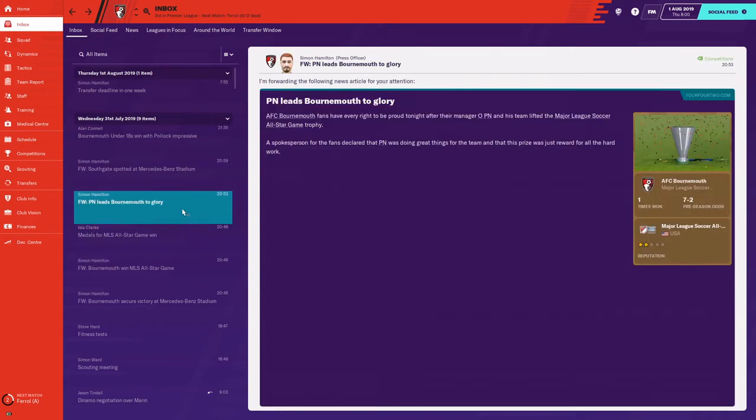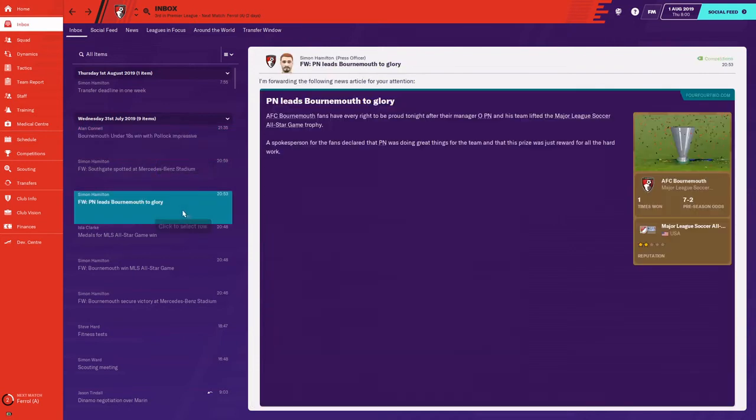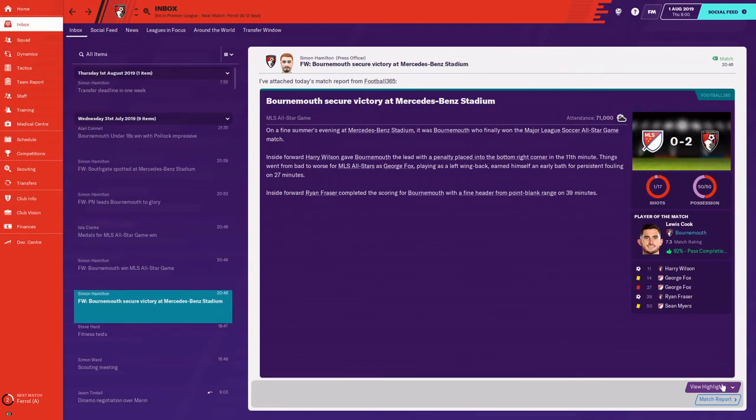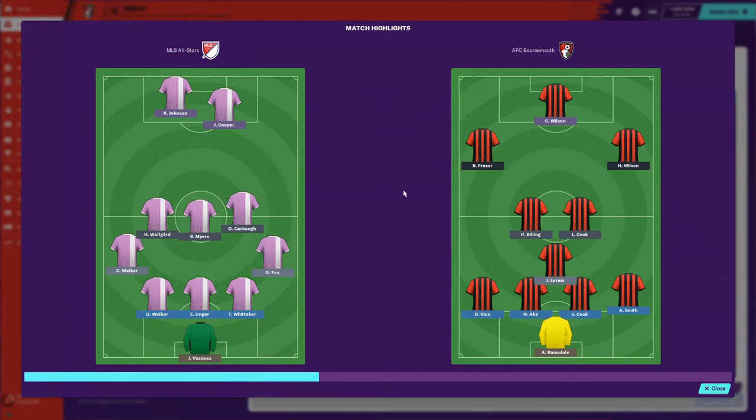So first trophy of the season. Took a while to get the first trophy of the season, but we did it. And yeah, we had pre-season odds of 7-2 to win this trophy. No idea how that was calculated. Southgate was watching them, but yeah, the trophy is just reward for all the hard work I've done, and I completely agree, in my few weeks at the club. Okay, well, first trophy of the save. We're off to a flyer. 2-0 in the All-Star game. In fact, let's just have a quick look at the goals. No, one was a penalty, and the other